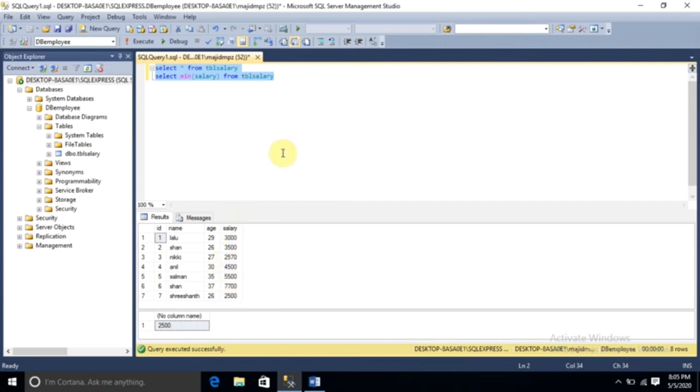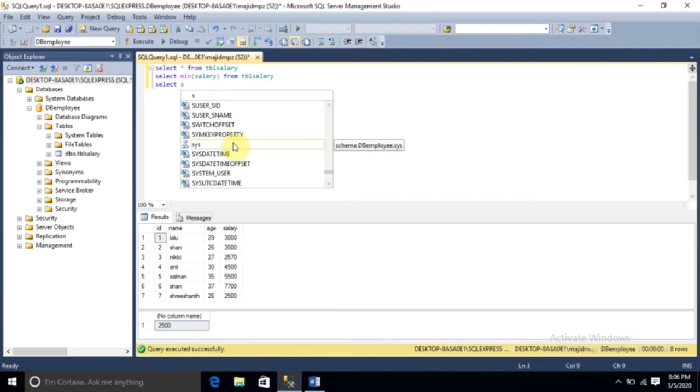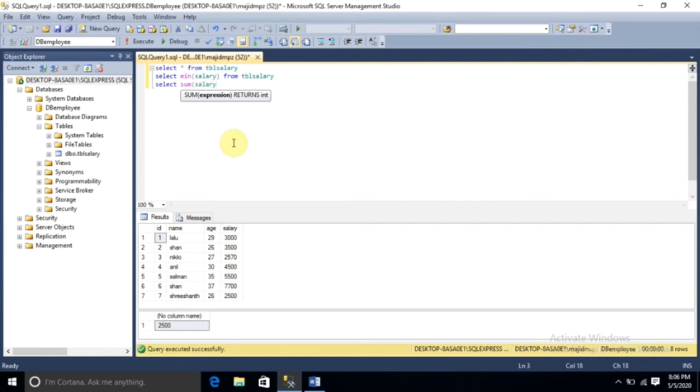Then next I want the sum of the salary. I want the sum of the total salary. How to do it? Let us see. Select sum of salary from TBL salary.